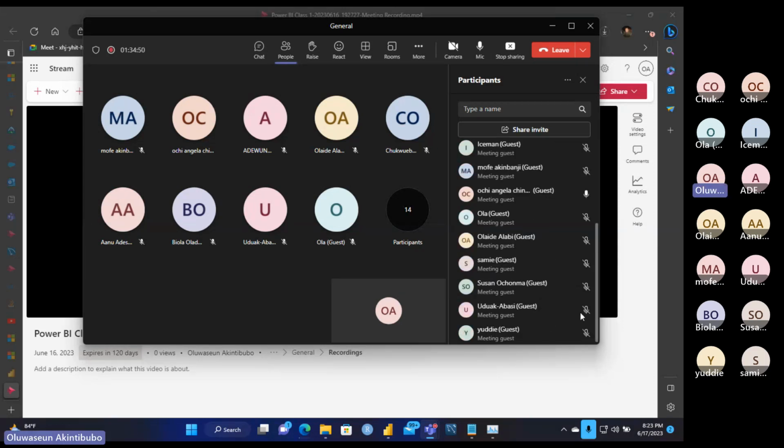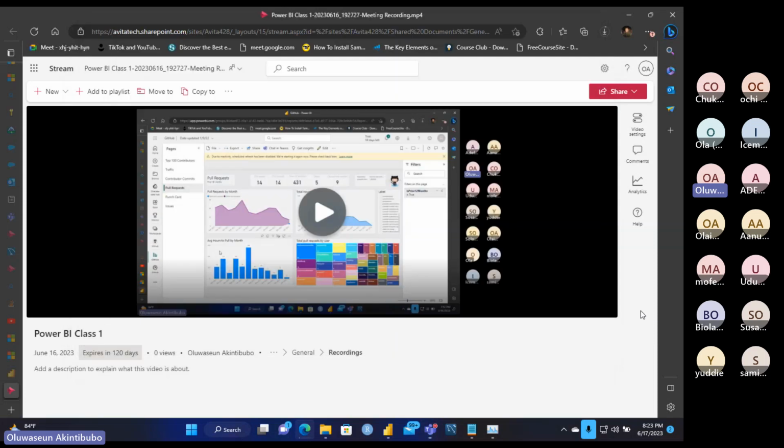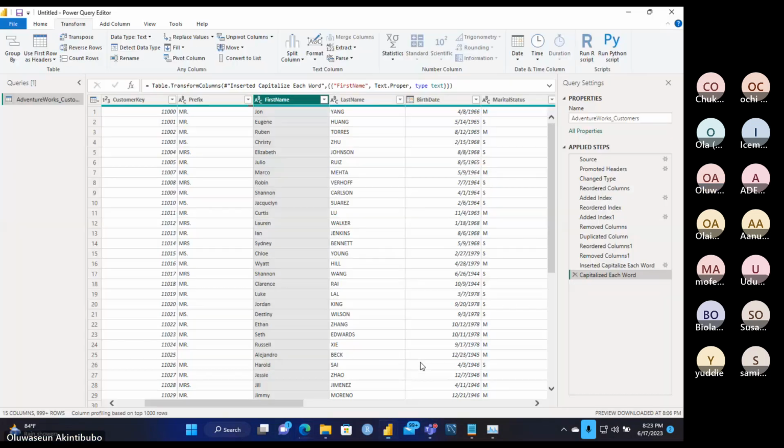All right. So now that we're done with that, let's continue. You see the way you can transform data and add new columns. We can extract data, extract length, extract first character.